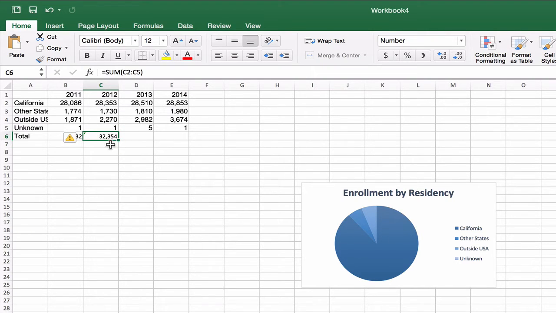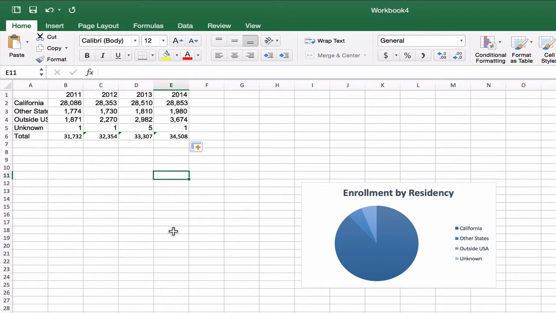When I click into that cell, I see the answer there. I see the formula up in the corner, up on the formula bar. Let's fill that formula across for 2013 and 2014. There are those numbers. So just looking at that data, you could answer the question: is enrollment increasing over time? Is it decreasing over time? Or is it staying roughly the same? And with four numbers like that, it's very easy just to look at those.